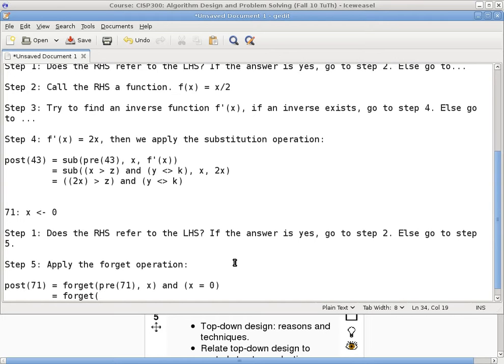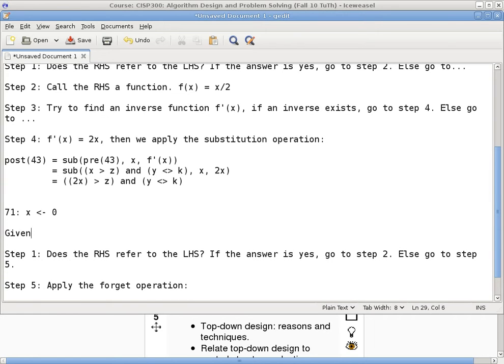Did we talk about the forget already last time? Yes. Okay, it's the same thing, but this time I'm using a very mechanical method. You're still making sense. Yep, go ahead. We're using forget because we're trying to debug what happened at line 71. Why are we using forget right now? We are using forget because, okay, I forgot to say one thing, given that pre-71 has to